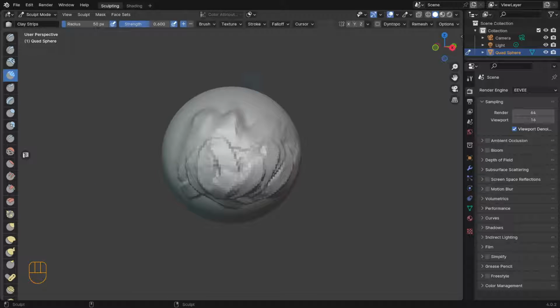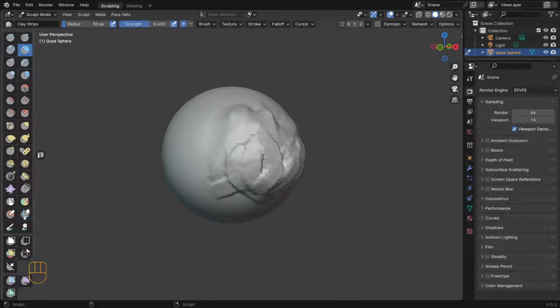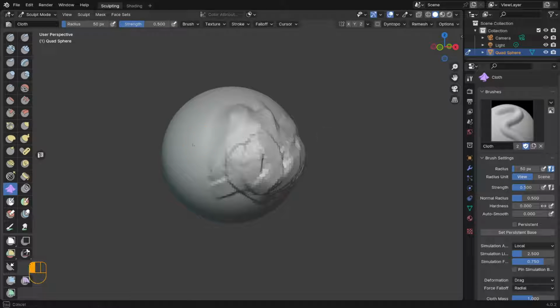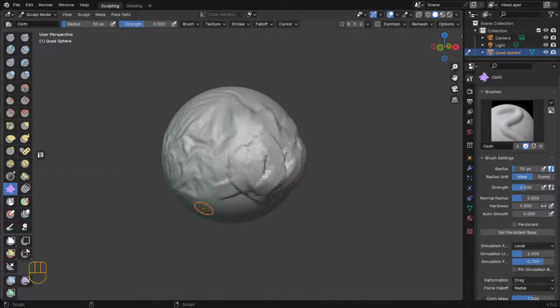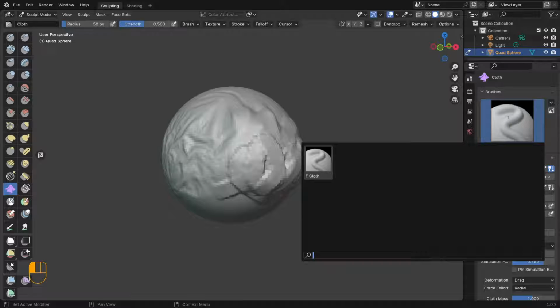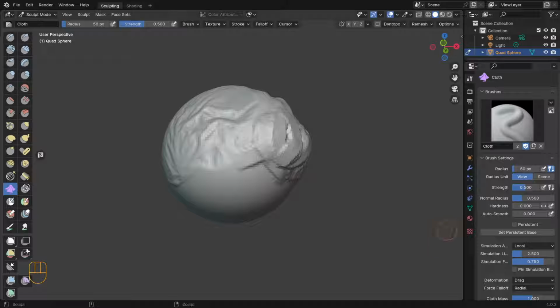There's some neat cloth features in here for clothing. Let me stretch this. If you grab the side of this menu bar, you can make it a double so you can see all of the functions. And one of them here is this cloth brush. And if we look at the kind of cloth that it's doing, you can add cloth folds to your sculpt. Now it's kind of a low res sculpt, but